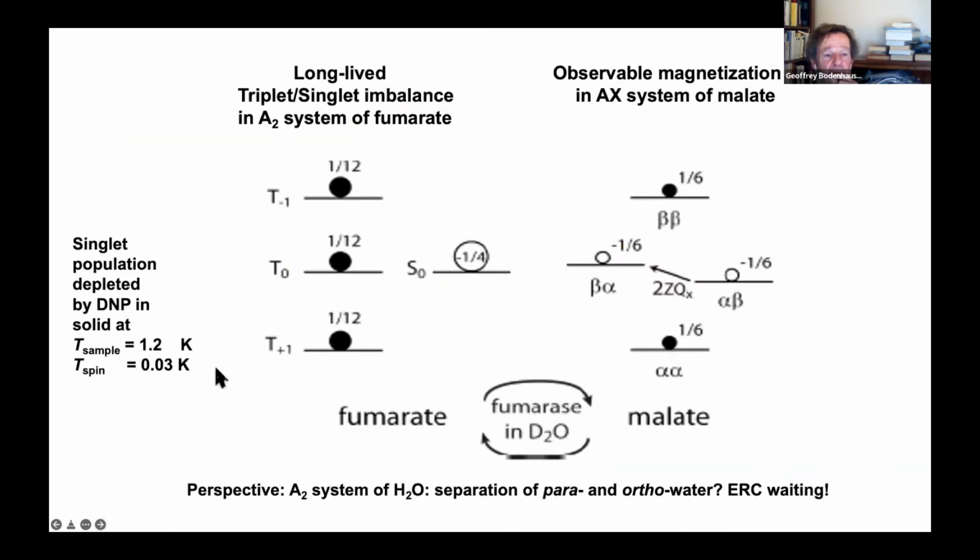Now, to come to the same thing, in fumarate, we had a pure triplet completely separated from the singlet. After the reaction with fumarate, we ended up with a weakly coupled two-spin system, and it turns out that this black population remains in the bottom state, but this combination of a deficiency in the singlet state and an excess in the triplet state turns into a shared, well, slight deficiencies on these two central states. So you can imagine what kind of signal you can extract from there by applying a small flip angle pulse. This is in fact a ZZ order.